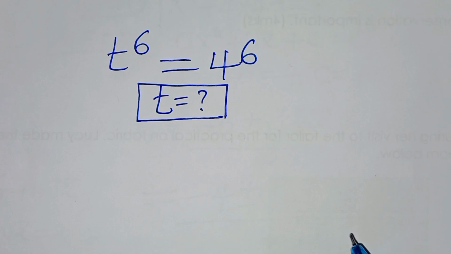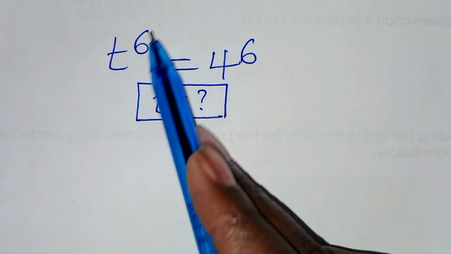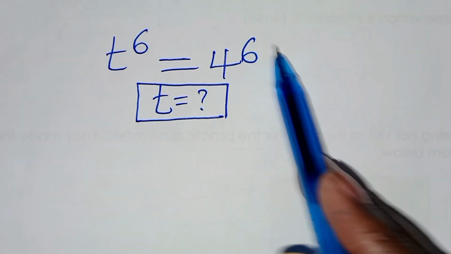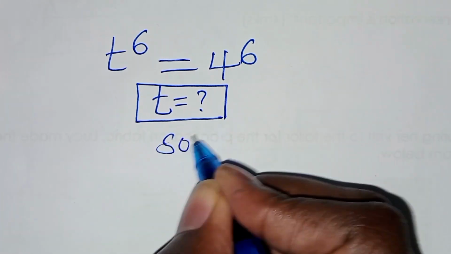Hello everyone, you're welcome to solve this nice exponential equation, which is t to the power 6 equal to 4 to the power 6. What is the value of t? Now, solution from here,